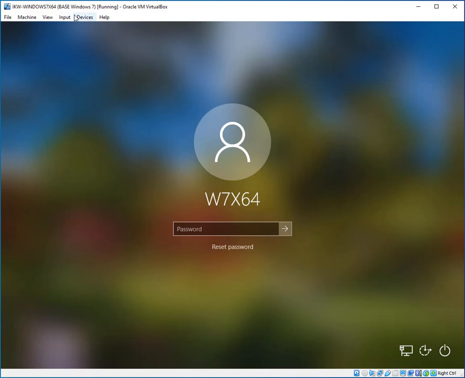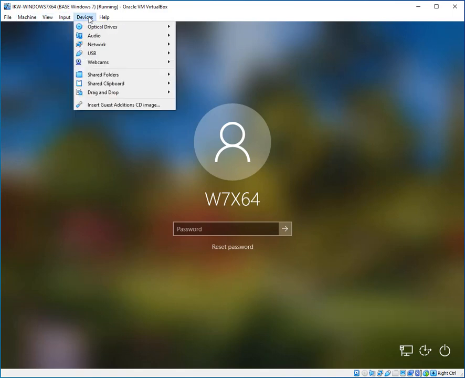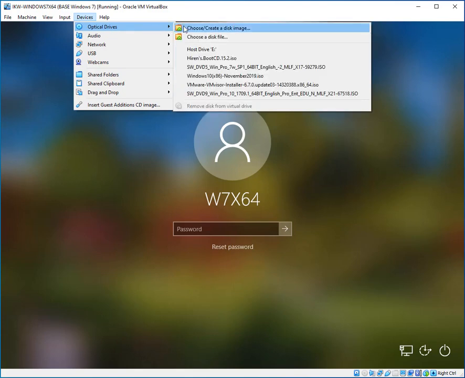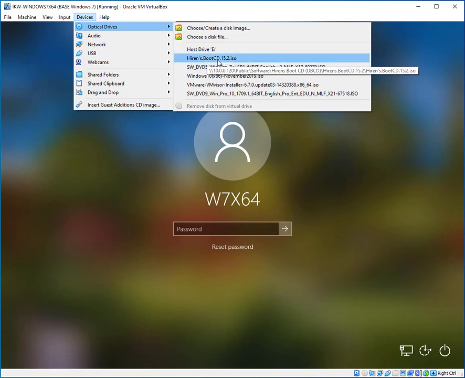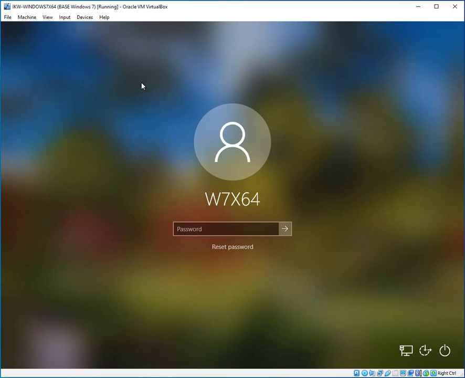Actually, before I do, I need to mount my... alright, so in order to do this, I'm going to use Hirens Boot CD. It should already be mounted, I hope. Alright, let me just make sure it's there. Alright, and I'm going to reboot